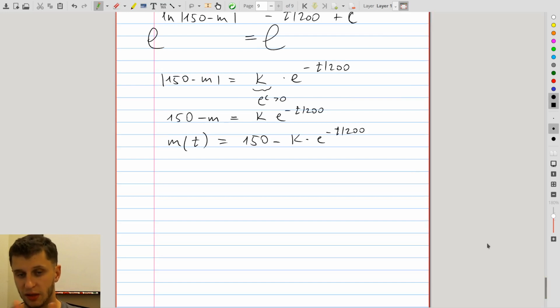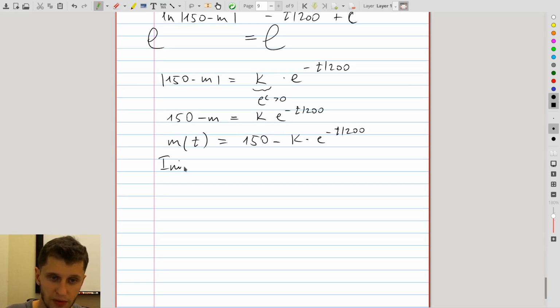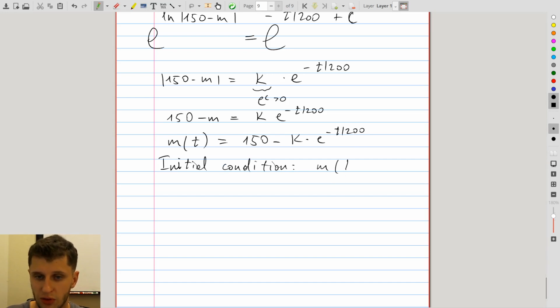And so this is the solution of our differential equation. Next step would be to use the initial condition. So we have seen that our initial condition is saying we had 20 kilograms of salt in the tank at t equals 0. Now, what this tells us is